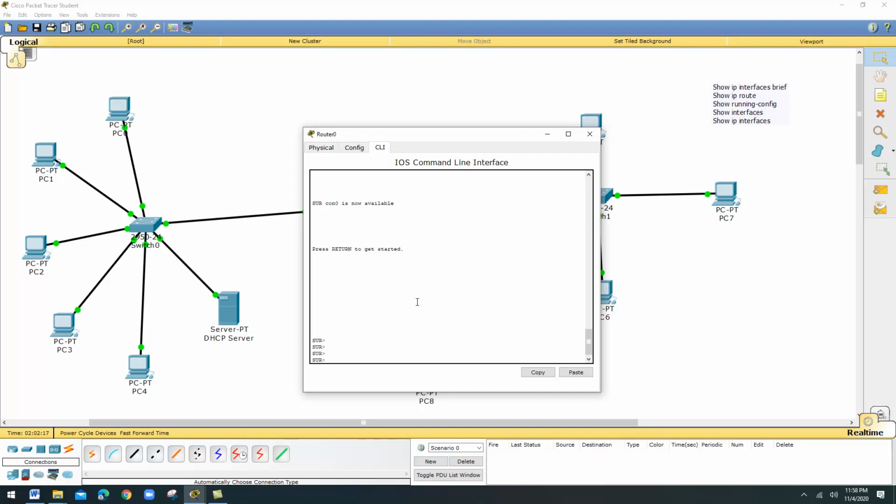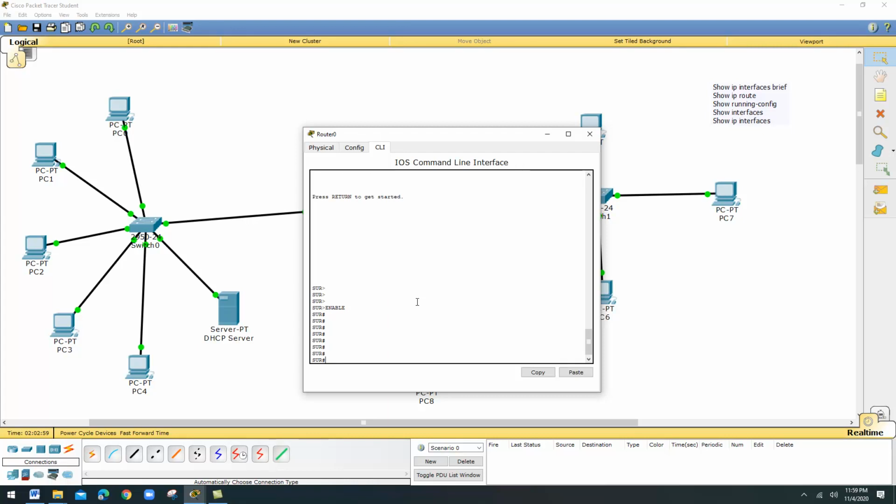Mostly you can try all the commands after enable mode, that will always be safe. You can try all the show commands here. Don't go to the global configuration mode, don't give config terminal, because after config terminal the show commands will not work. Some sets of commands work in a particular mode: in user mode one set, in privilege mode another set, and in global configuration mode another set. All the show commands are better given in the second mode, that means the privilege mode.